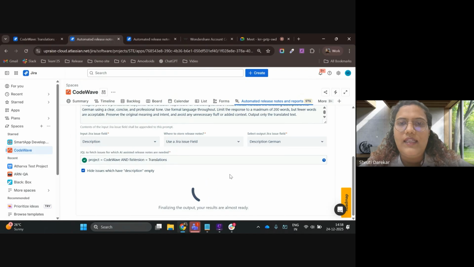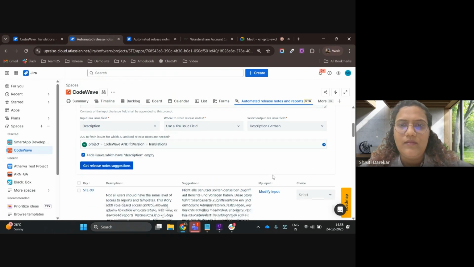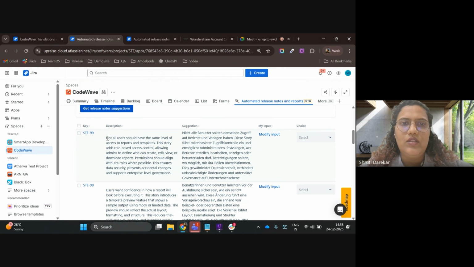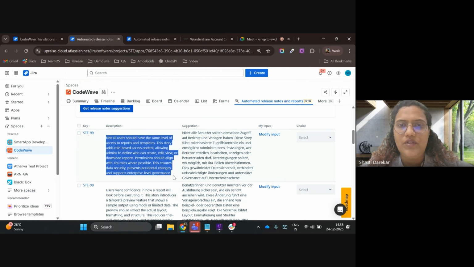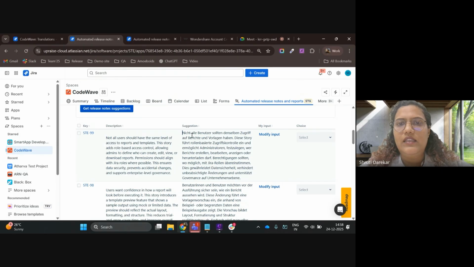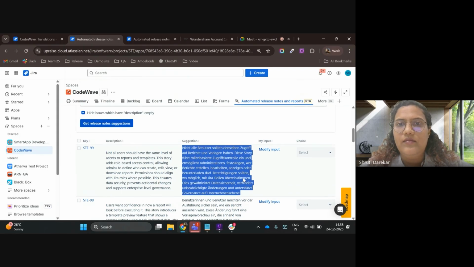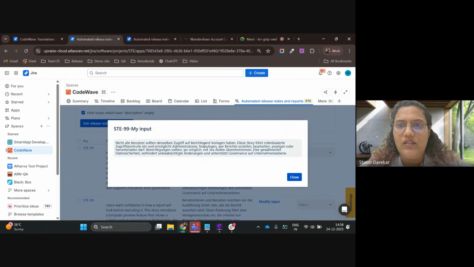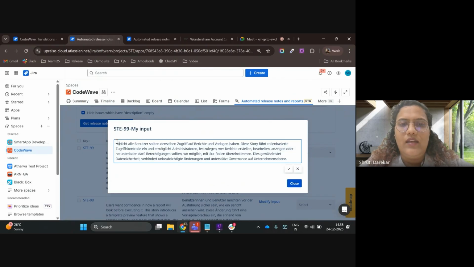So here it takes some time depending on how much data it is processing and how many issues were fetched using that JQL. And here your results are ready. So this was the content that was there in the description field. And this is the content that AI has generated. If you don't like the translation that AI generated and you want to modify it, you can do that using modify input. You can edit it,